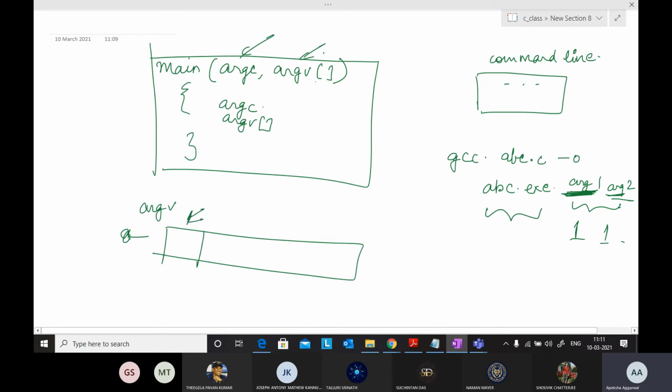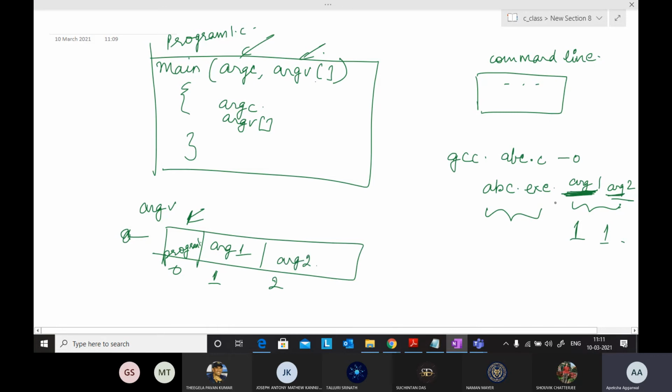Here it is the name of the file, say program1.c. So program1.c will be stored in the 0th location. In the first location it will store the first argument, arg1, and in the second it will store arg2.